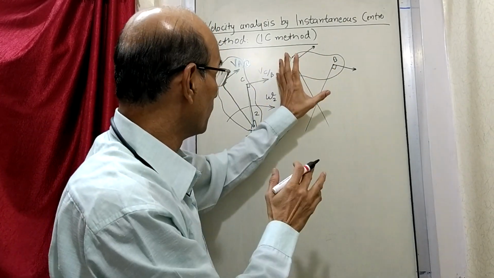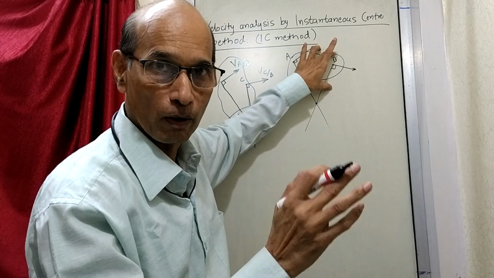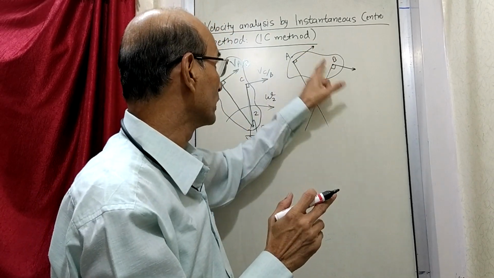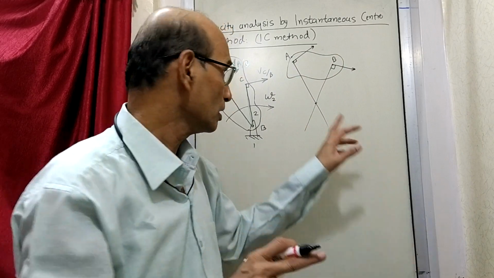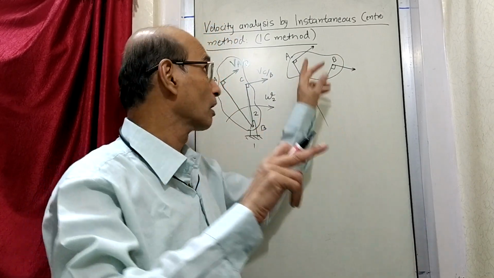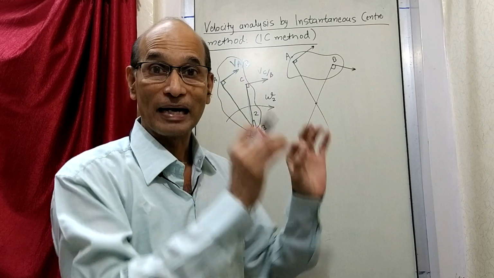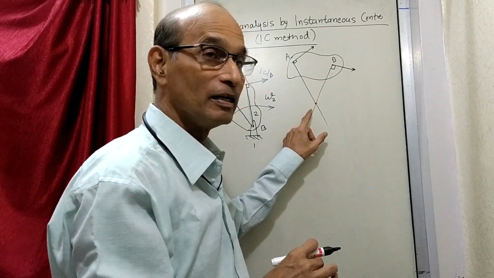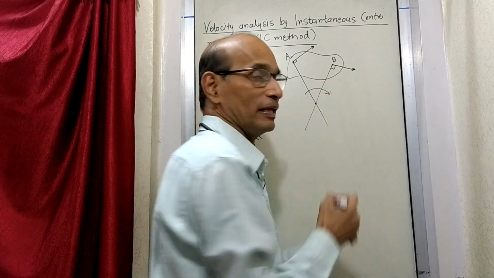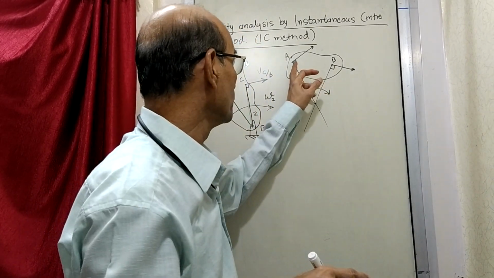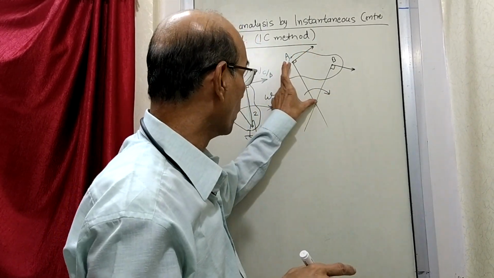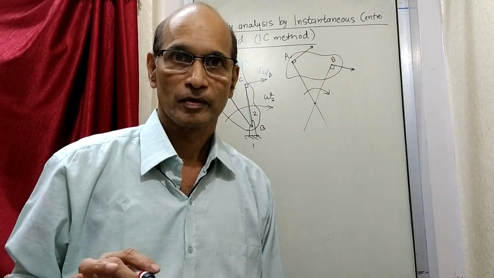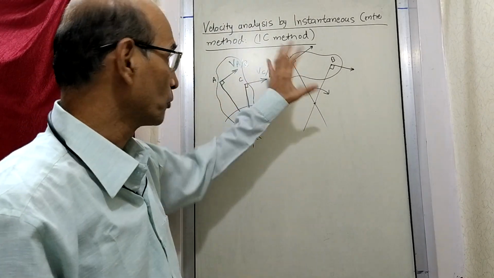The instant that is given, the position of the link that is given, at that position, at that instant, A is going like this, B is going like this. So the word comes: instantaneous center. Meaning at that instant, the center of this link is here and it is performing a rotation like this, such that velocity of A is this, which is omega into r, and velocity of B is this, which is omega into this r. Okay, so we are done.